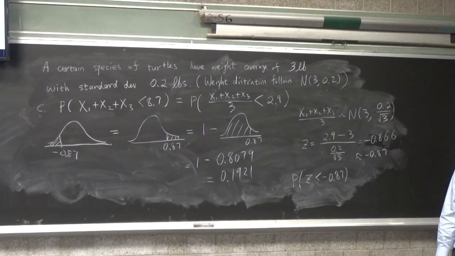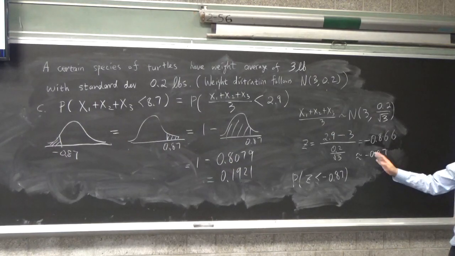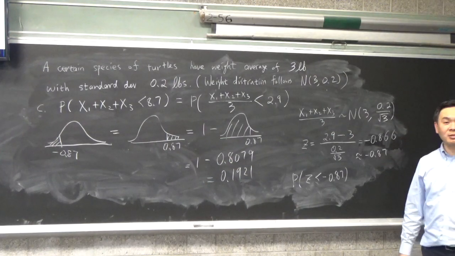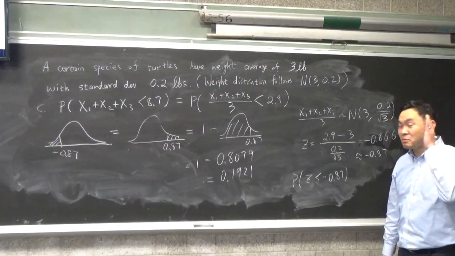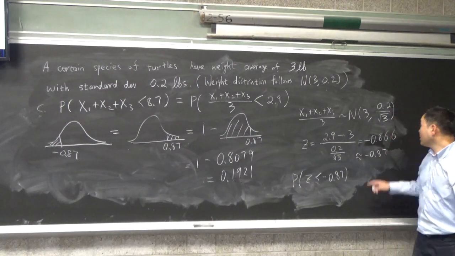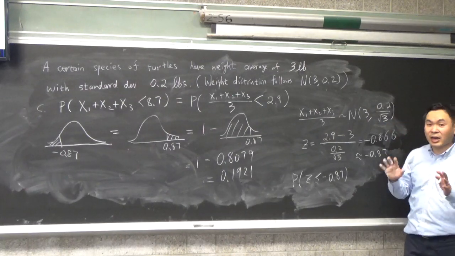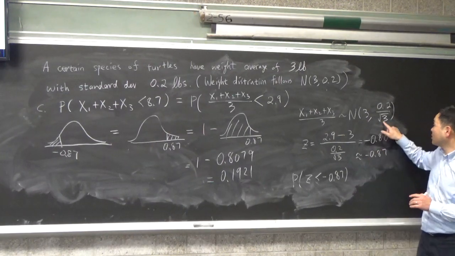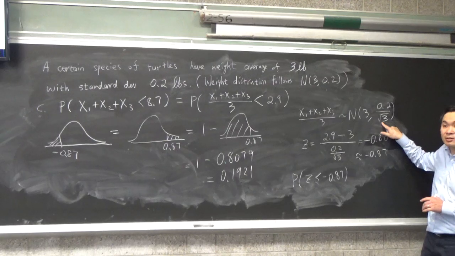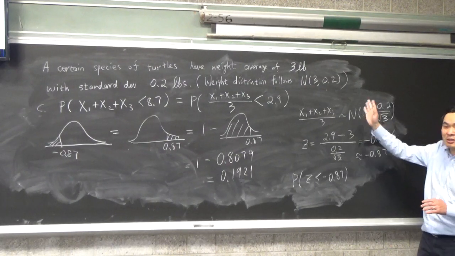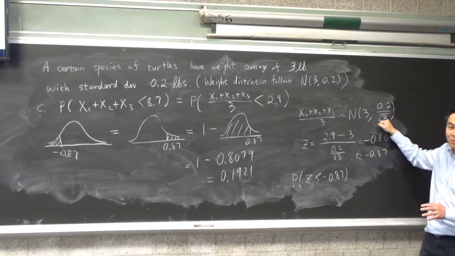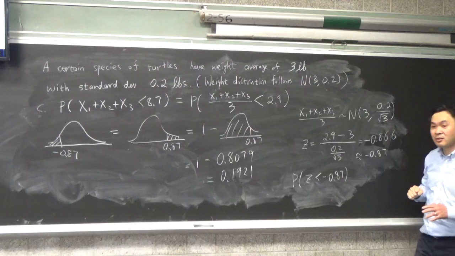All right, so that last one was a bit confusing, but here's the only takeaway you should definitely remember. You shouldn't forget this one. The standard deviation of the average of n items goes down by square root of n. You divide by square root of n. Other things should be easy. You just have to remember that one. Square root of n goes in the denominator. All right? Okay, that's all for